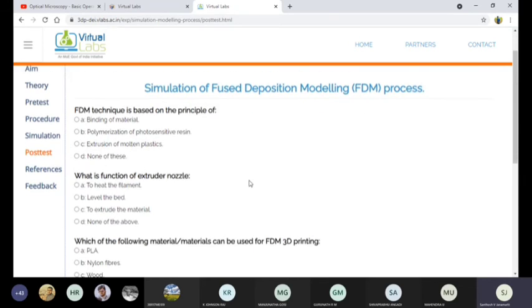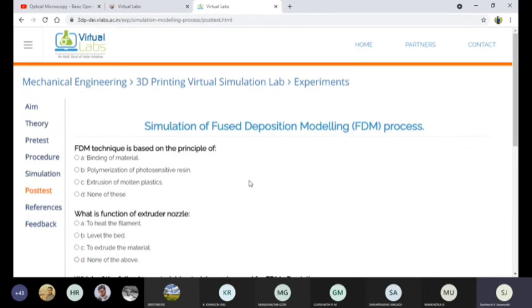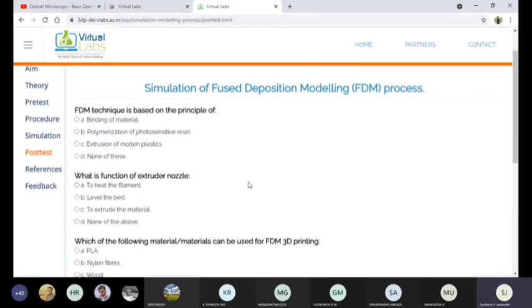And now here we need to take some self evaluation, or a post test after the simulation. What you learned, this is the post test, what we can call self evaluation. We just measure ourselves on how we have gone through this process and how thoroughly we understand it. We'll start from the first question.